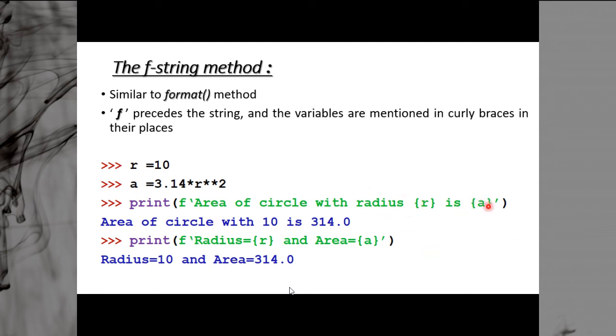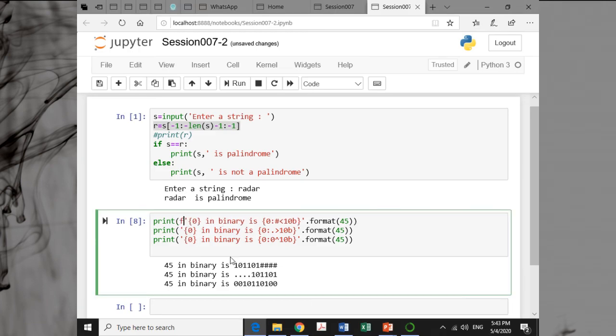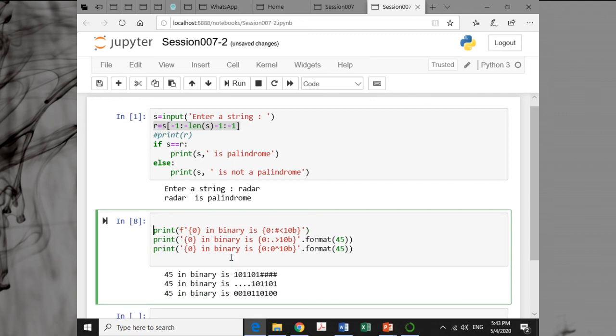We can use similar features, the features we have used in the format method also. So let's try here. Suppose I want to do this with the f method, can I use it? If I say f, then the rest of the thing is the same. And here I will specify a variable, say a = 45, and print a.